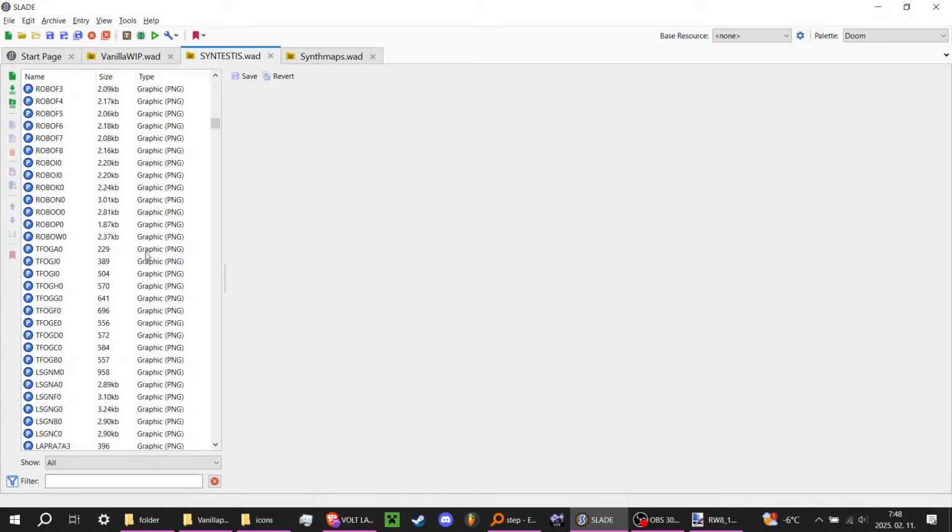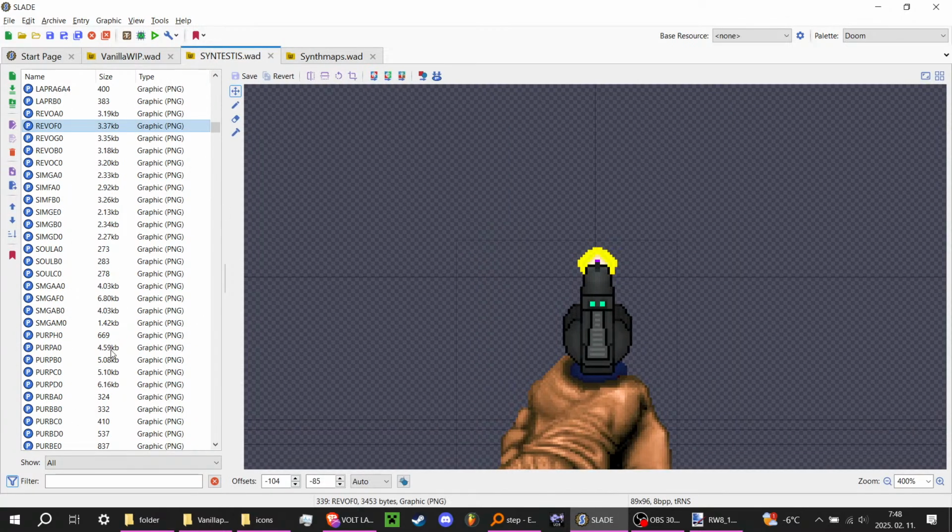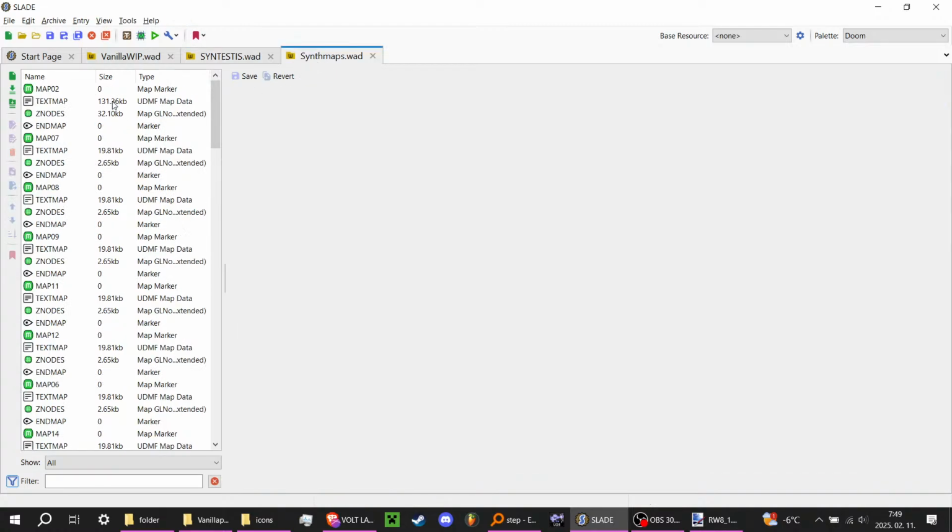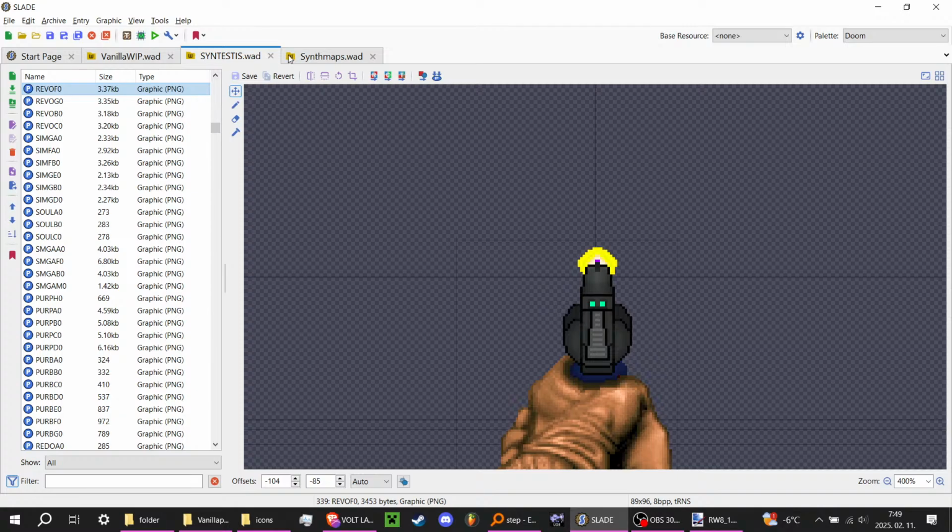The reason you don't want to put them together is because you are going to save this a lot, like a lot, especially when you are working on sprites. You are going to save it a lot, and the problem with that is, if now I open both of these,